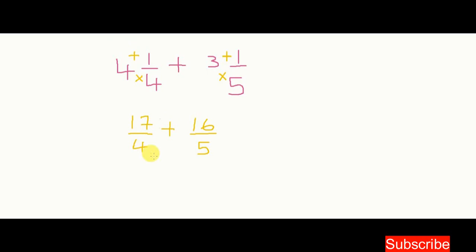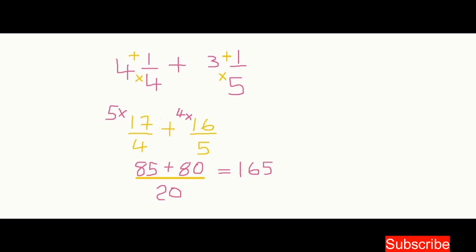So we have 4 and 5 for the denominators. So we need to find the LCM. In some cases, we can multiply both denominators to get the LCM. So in this case, I can multiply 4 times 5 to give us 20. So 20 would be our LCM in this case. Since we know that 20 is the LCM, we can work out this problem. So 4 into 20 goes 5 times. So 5 times 17 gives us 85. 5 into 20 goes 4 times. 4 times 16 is 80. 85 plus 80 equals